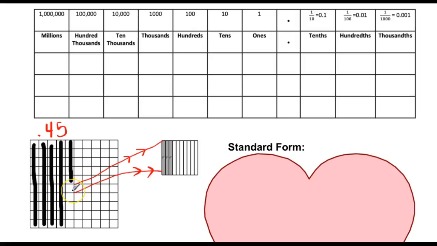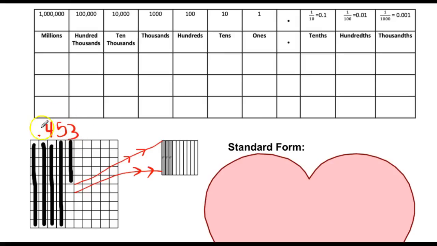Well, if you look here, I zoomed in on my last little unit, or my last hundredth, and I made it a little bit bigger so I could see it. As you can see here, each of these slots represents 1 thousandth. How many thousandths do I have? 1, 2, 3 thousandths. So if you look here, when I'm talking about decimals, I can say I have 453,